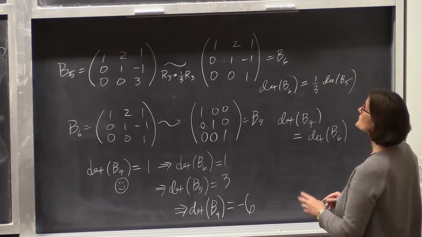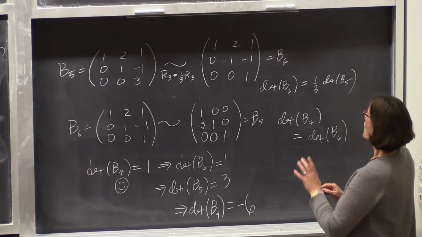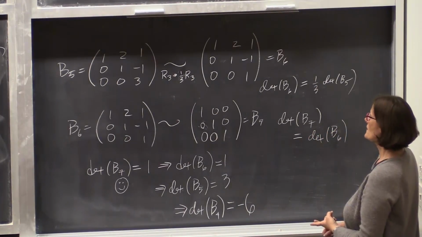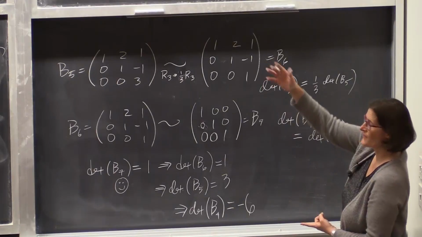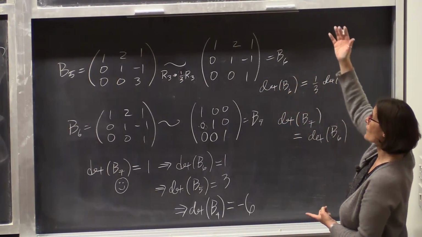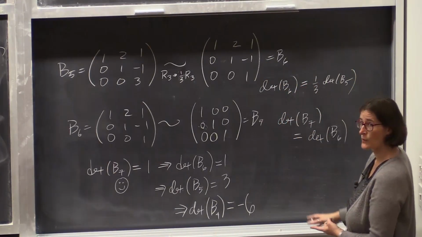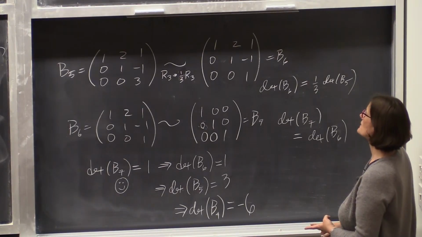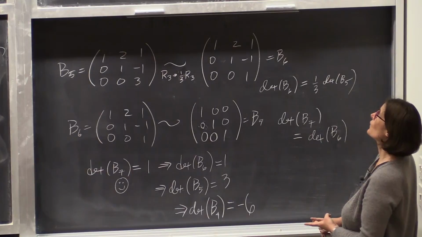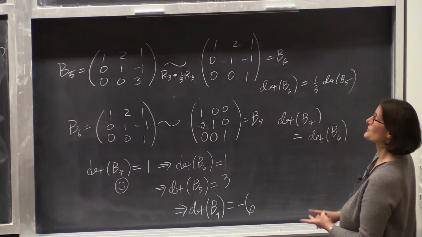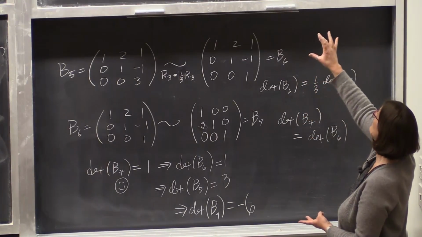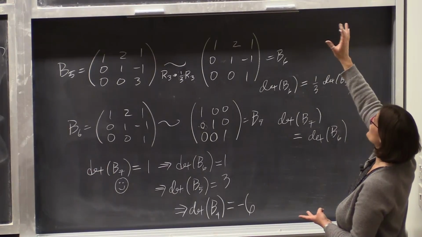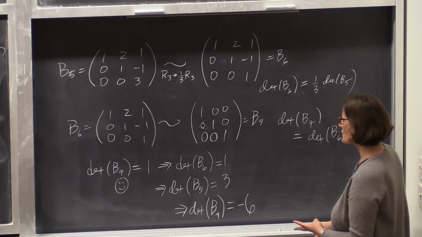So I wanted to do this for 2 reasons. The first reason is I didn't use fact 1 before, and I wanted to show you how fact 1 affects things. The second reason I did this is to convince you that if all I needed was the determinant of A, I could have stopped at B, whatever it was, B3. The third reason,